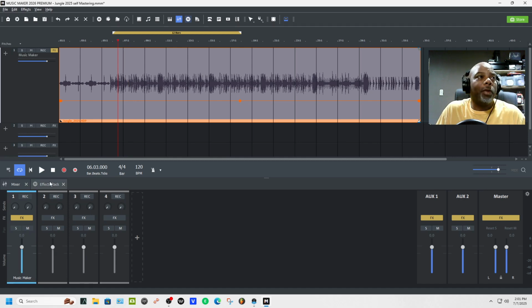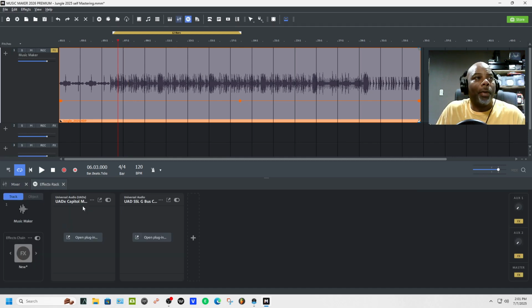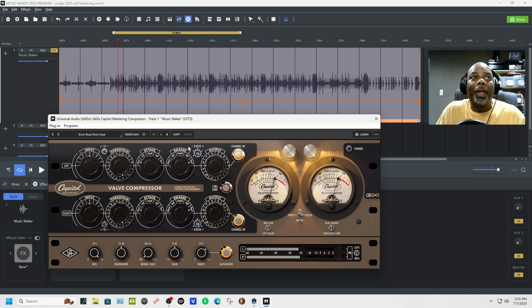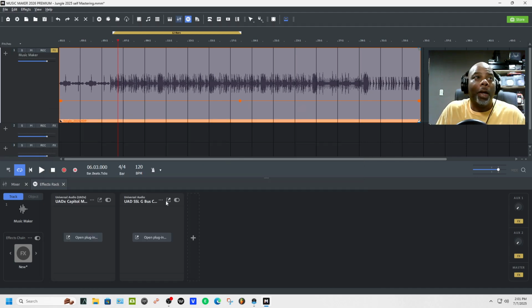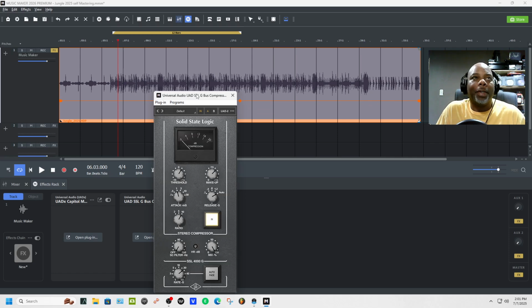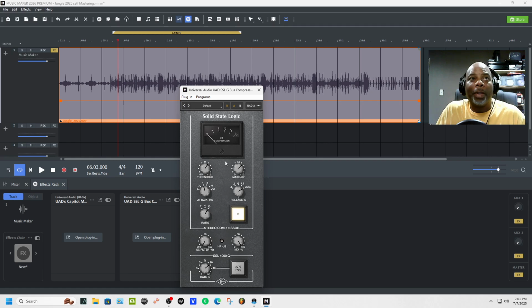So I got to go on through 2 effects rack. UAD Capitol Master Compressor. Let's open it up and plug in. Hey, how you doing, Capitol Master Compressor? Good, you're there. I used the drum bus, extra height. That was the setup. And then let's do the UAD SSL G compressor, right? I tweaked a little bit of the settings,